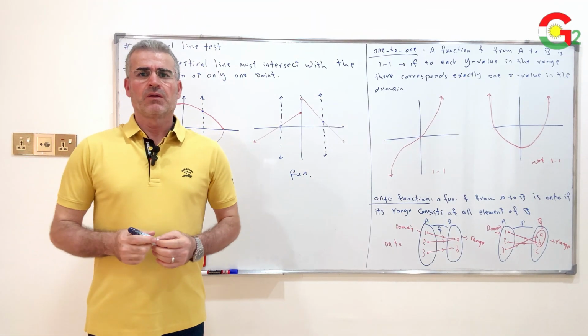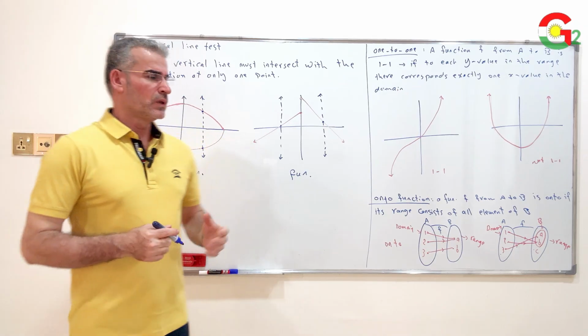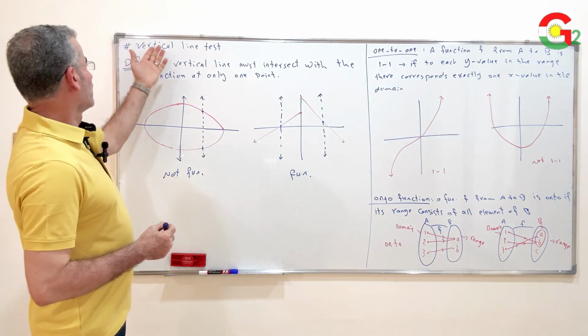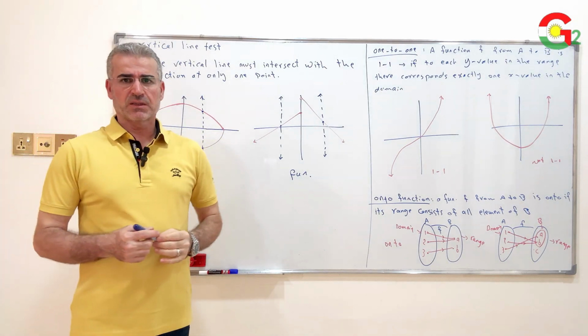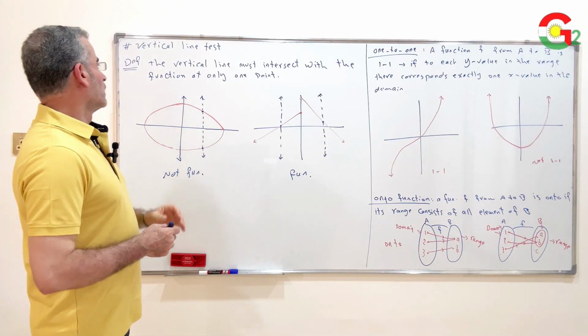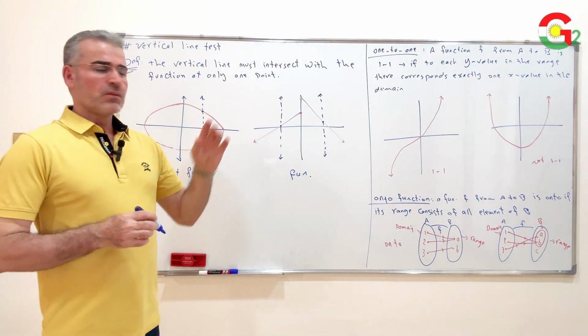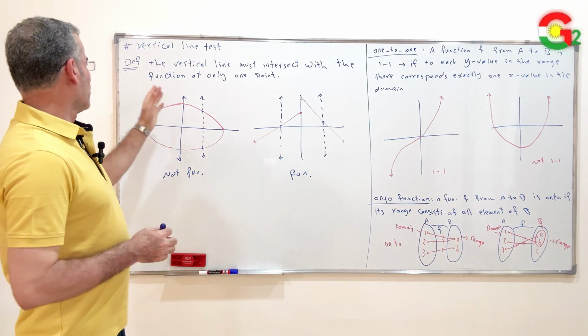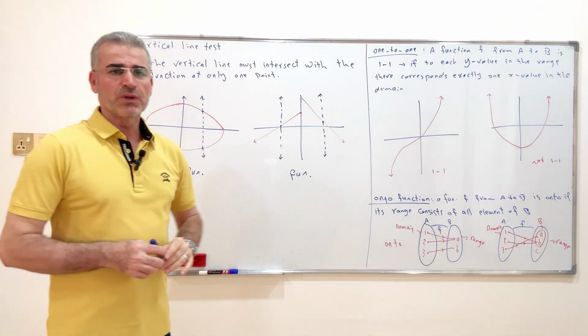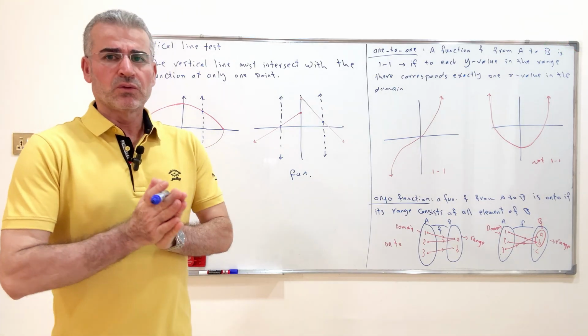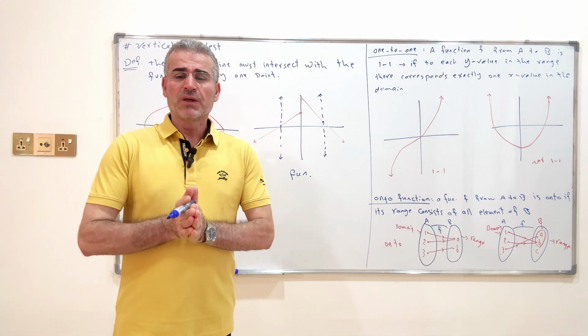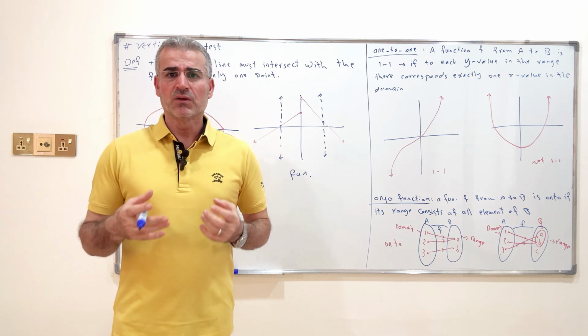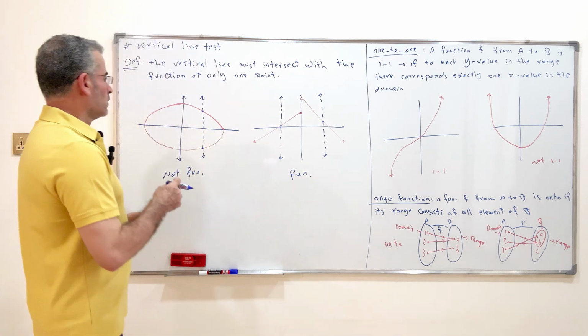Everyone. In this lesson, we will study the subject of vertical line test. Definition: the vertical line test must intersect with the function at only one point. If we want to know whether any graph is a graph of a function or not, we will draw